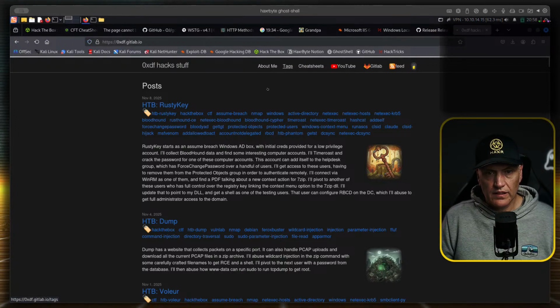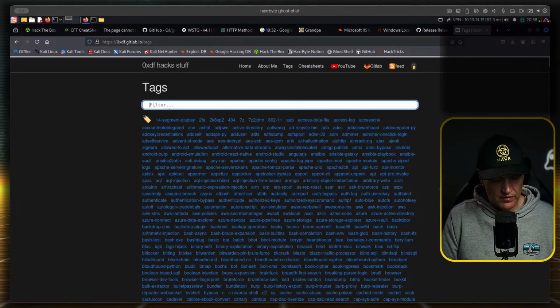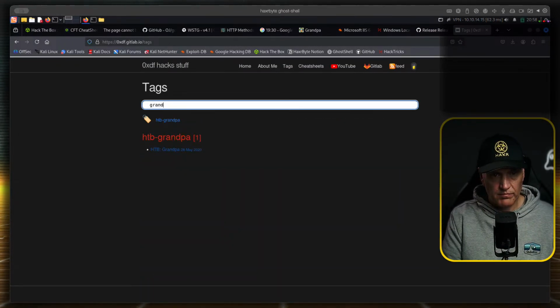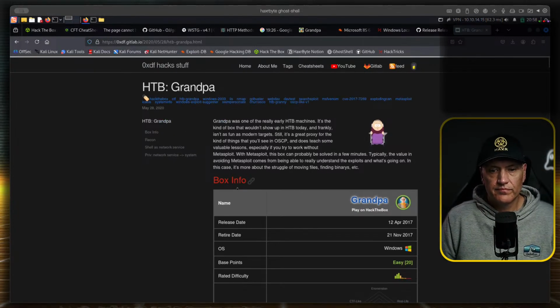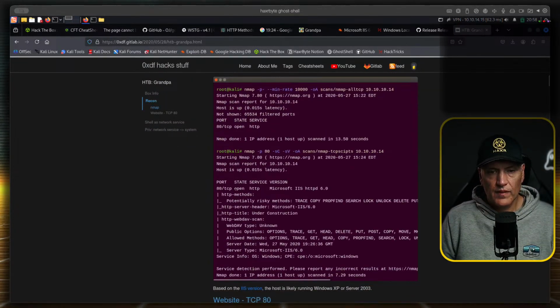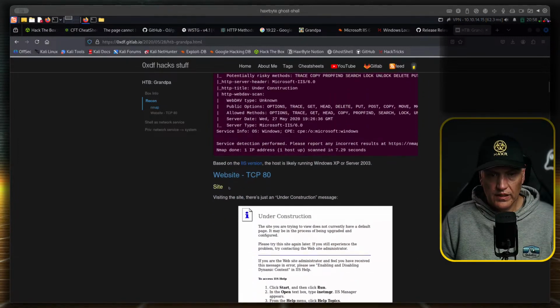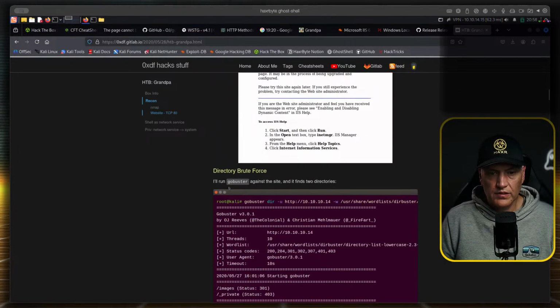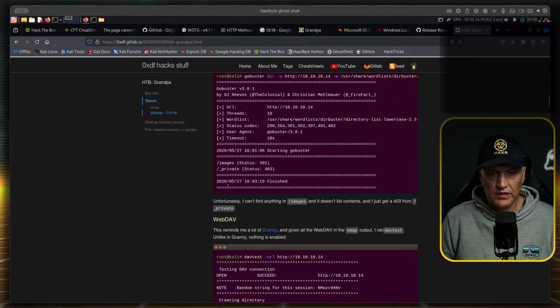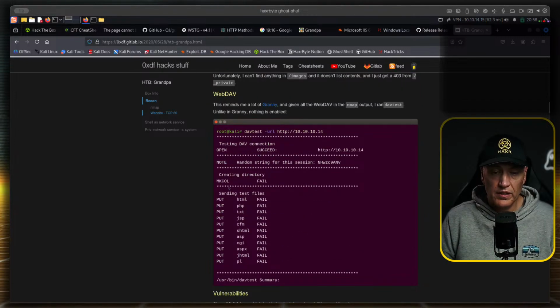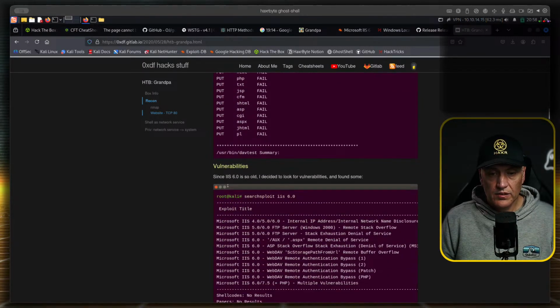Okay, tags. Grandpa. Okay, port scan, under construction, we did GoBuster with WebDAV, search exploit.